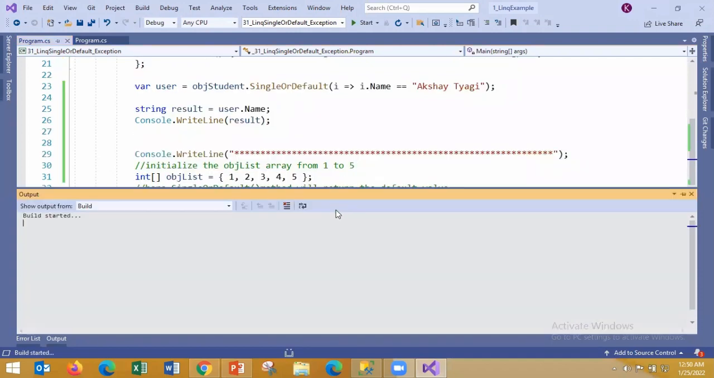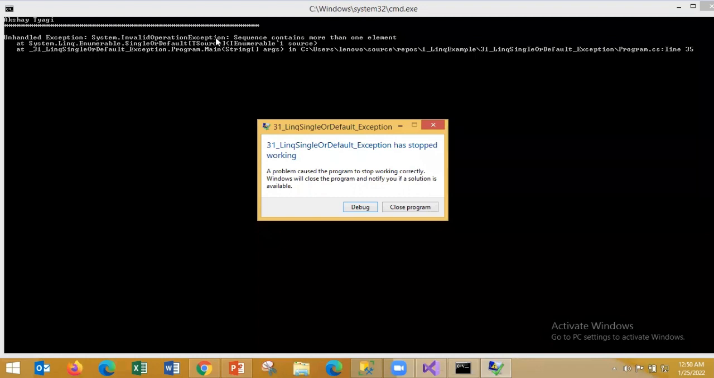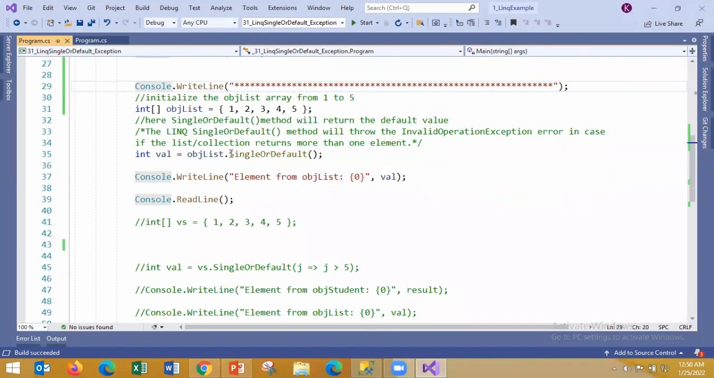Let's run this. You can see here I'm getting Akshay Tyagi, here I'm getting an invalid operations section for this. Because you have to pass either a single value,